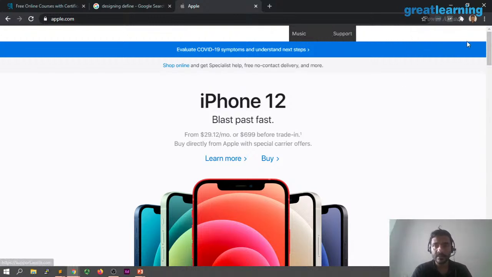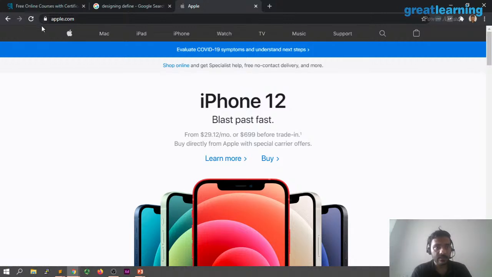All right. It is loading properly. Yeah, so it's loaded properly. So what is the first thing we see? We see that iPhone 12 is the first thing we see because it's in bold letters. So the typography is given importance over here, and the placing of it all. They know what happens when the user visits their website.